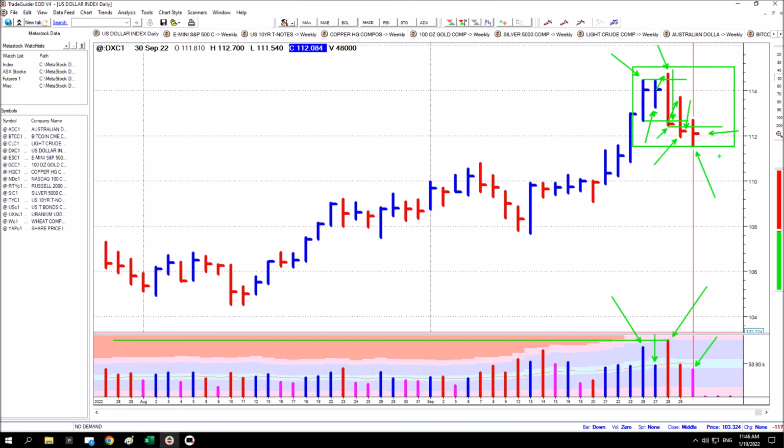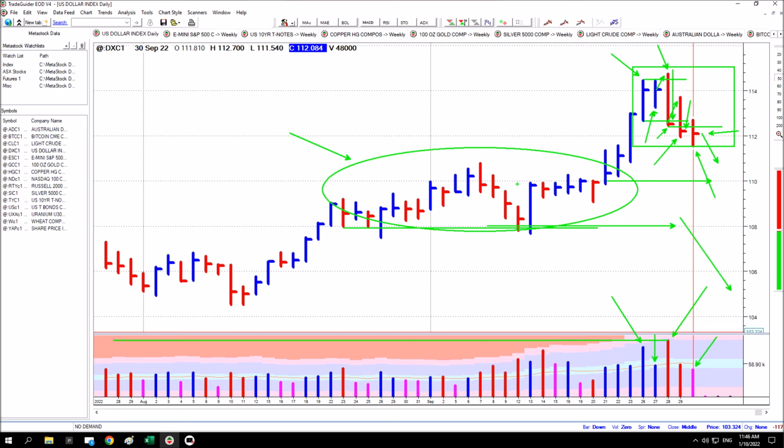The response next week is going to be really important. If price continues lower and confirms the weakness, you're probably going to see 110 for sure, if not next week, in the future. But the next shelf is 108 through here. And if that was to be broken to the downside, you would really see some weakness emerge, because that would put everything here under pressure and it could be dumped, and that would be serious. And if all of this is dumped, you're going to get a big widespread down bar in response.